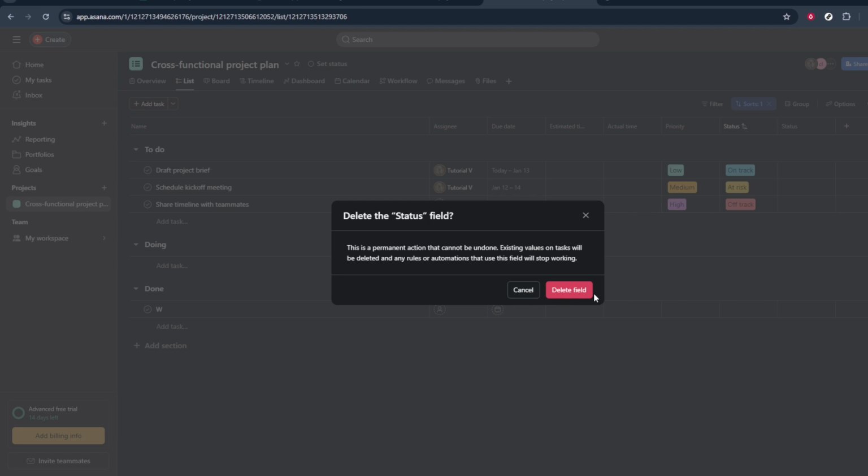Once you do this, the field will be removed from the project and you'll see it disappear from the list of columns. That's all you need to do. By following these simple steps,